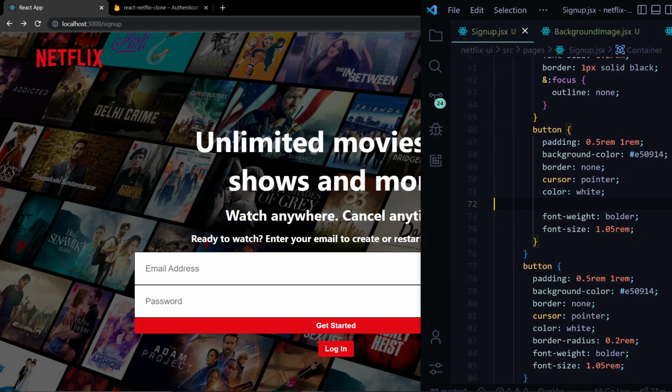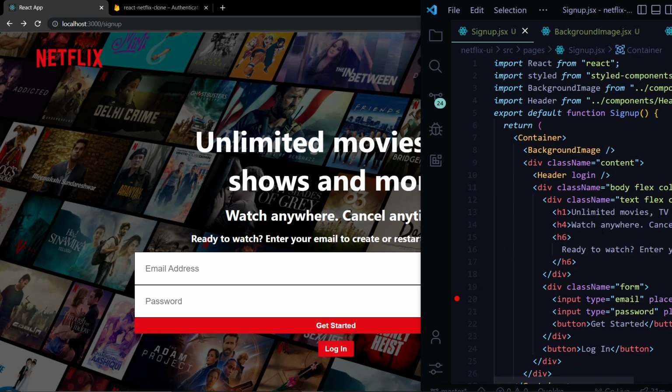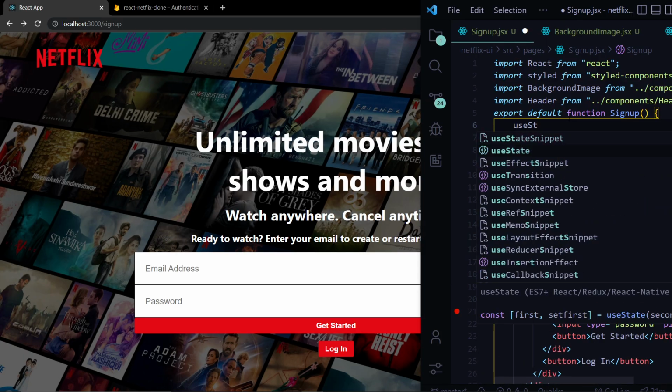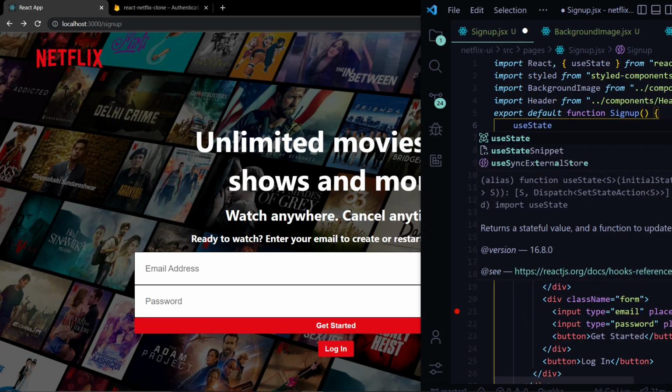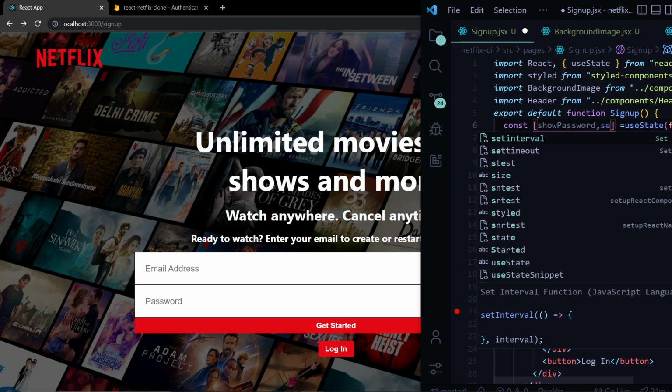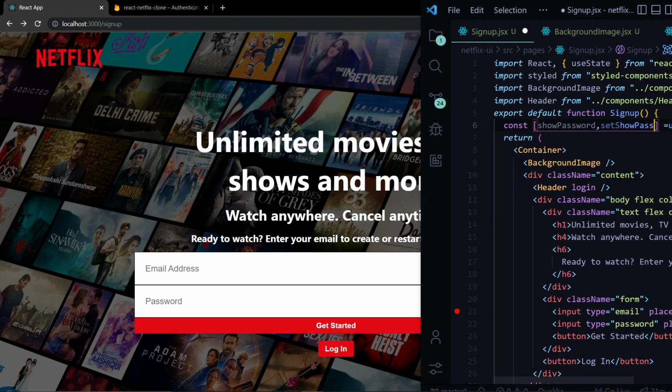Now we'll have a grid here. So let's do that. For that grid, first we'll have to create a state. So above here, I will write useState, and this would be false. The state would be for showing the password button or the get started button. So first we'll write showPassword, setShowPassword,